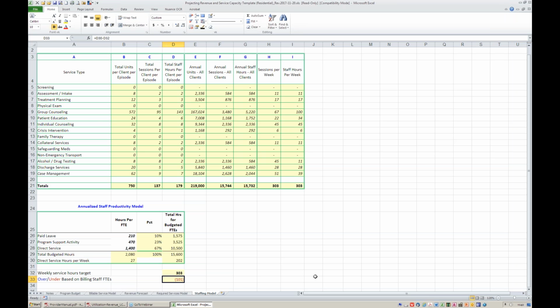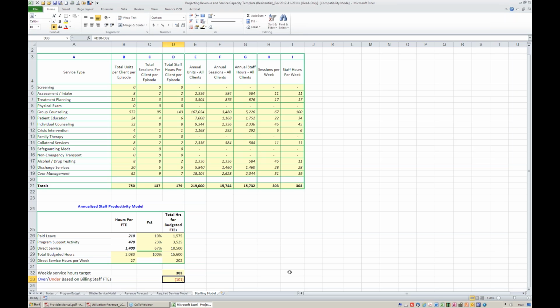And so it's a huge challenge for folks running programs like that, because there's greater structure in terms of the types of services that are to be provided in residential. We've seen programs where they do a house meeting, so all 48 people are there in the day room or the dining room, whatever. That's fine, but it doesn't count. There are other long-standing features of certain programs that don't count towards any of those required services as they're outlined in the waiver. So that is where the big challenge is, I think, because residential, being more structured in some ways,